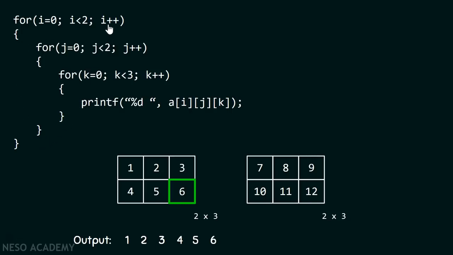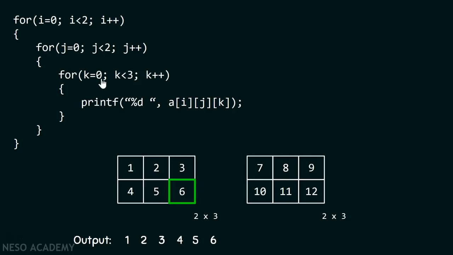Therefore the condition is not satisfied and hence we come outside of this for loop and now we will increment the value of i, because there is the need to come to the second two-dimensional array. i will get incremented, which means i now becomes 1. 1 is less than 2, condition is satisfied. Therefore we will again come inside this for loop and again j will get initialized to 0. This means that we are now in the first row of the second two-dimensional array. 0 is less than 2, condition is satisfied.